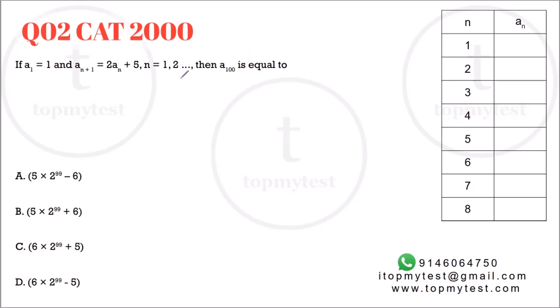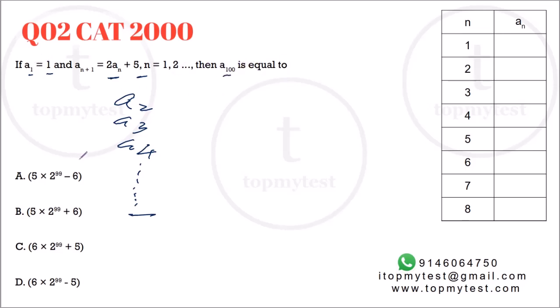Now, the second question is almost 2 decades old. Right, this is from CAT 2000. Right, it's very similar to the previous question that we did, and as I said, CAT keeps on repeating that pattern of questions which come up. Okay, this one says if A1 is equal to 1, A(n+1) is equal to 2An plus 5, which means twice of the previous term plus 5, for all values of n, which is 1, 2, 3, 4. So this is valid for A2, A3, A4, and so on. This is valid for these terms, not for A1. Right? Then what is A100 equal to?